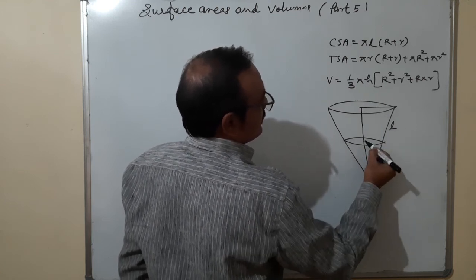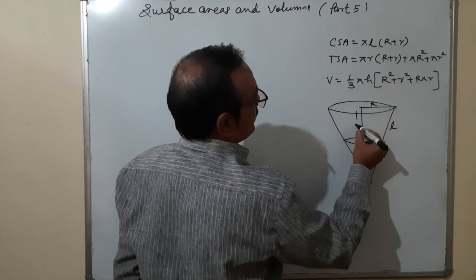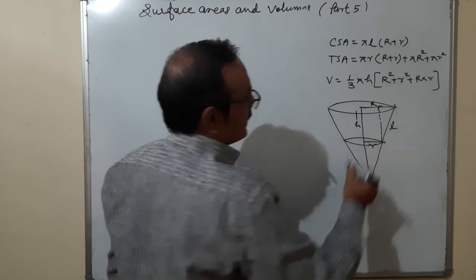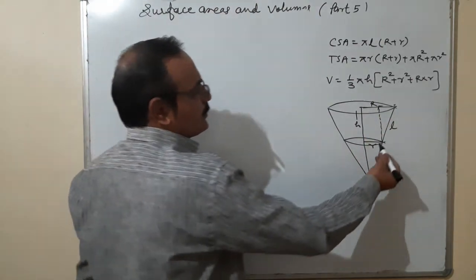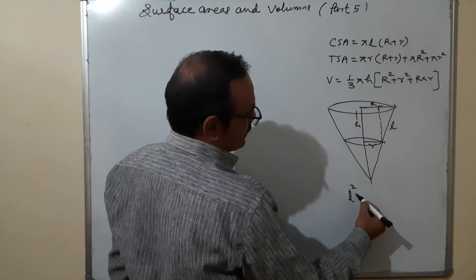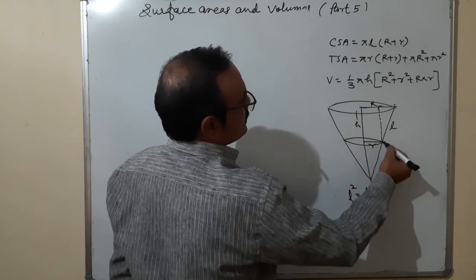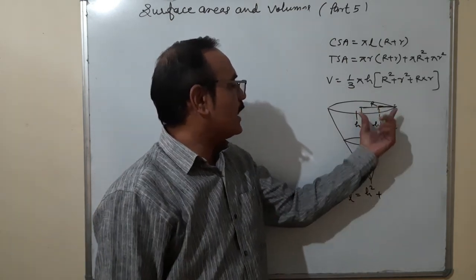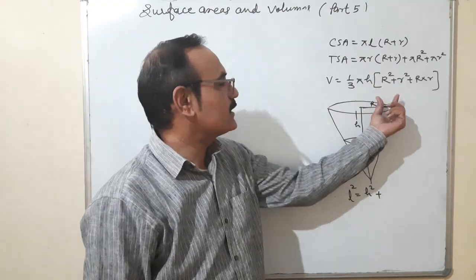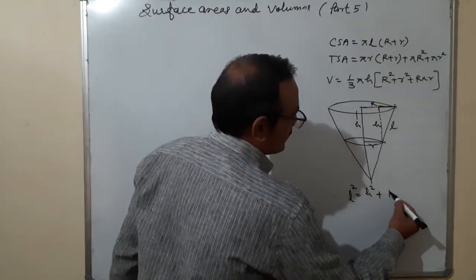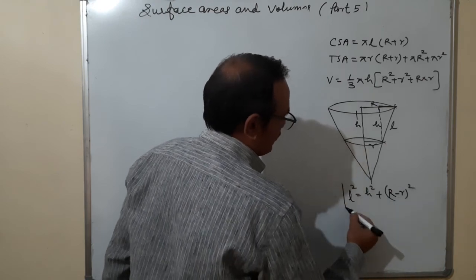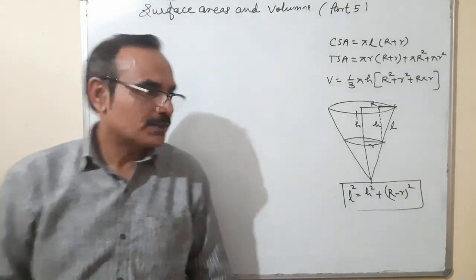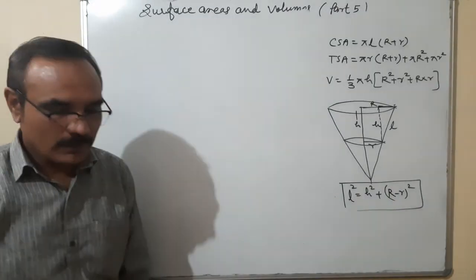This is l, it is small r, it is capital R, here is h. Okay. For finding the slant height, we can use Pythagoras theorem here. And when we use the Pythagoras theorem here, L square is equal to h square plus, what is this portion? This portion is equal to total R minus this small r. So capital R minus small r. L square is equal to h square plus (R minus r) whole square. Okay. This is the relation when we find the value of slant height or height with the help of these other terms. So these are the formulae which would be used in solving questions.